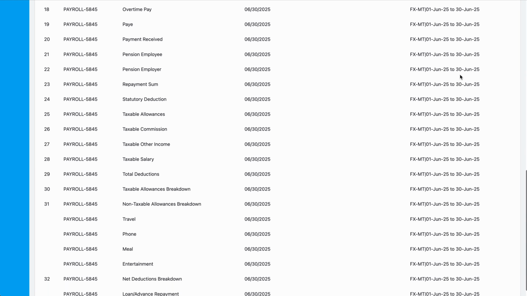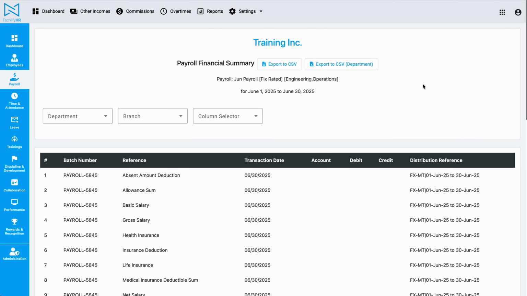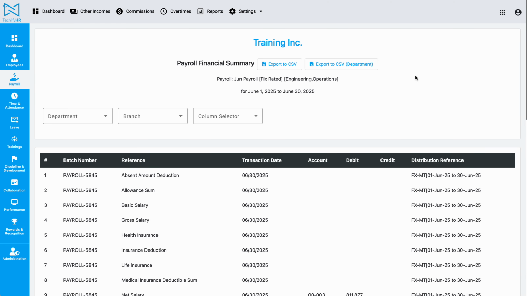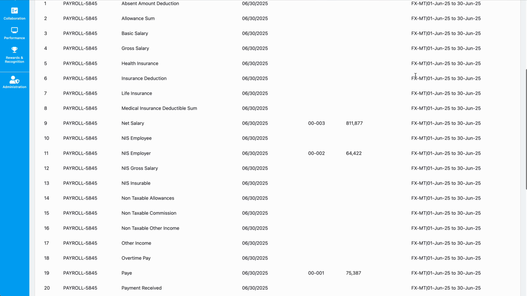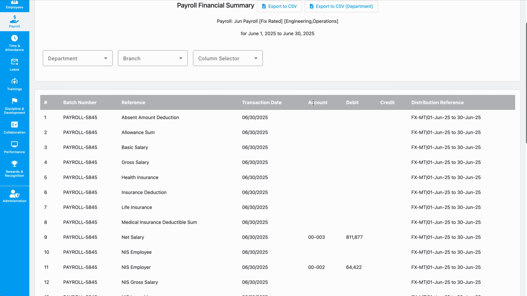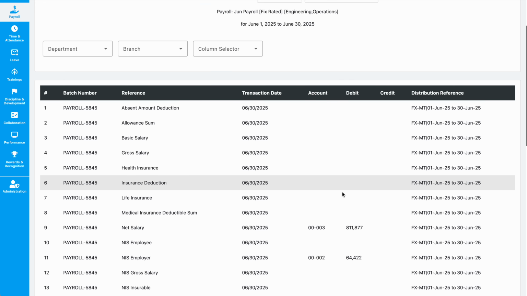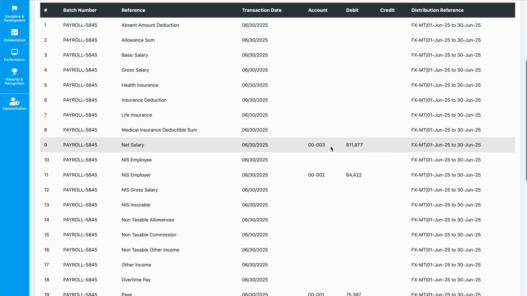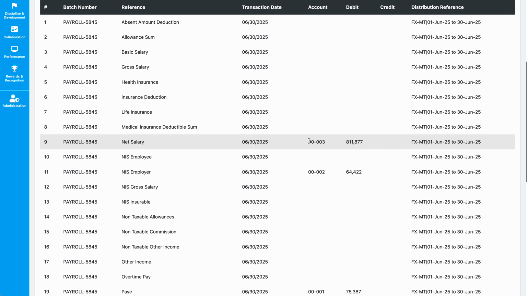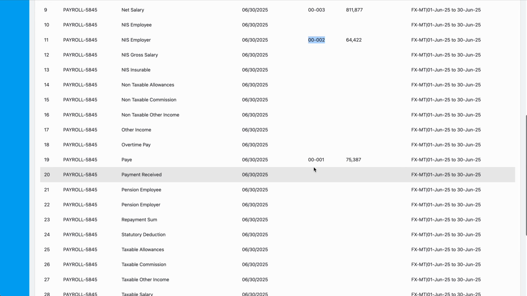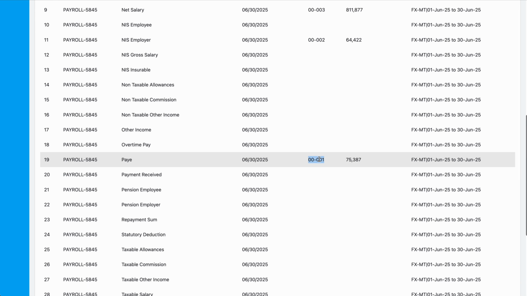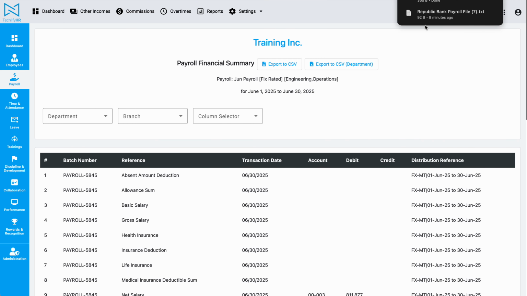So you'll notice a couple of cool things that happen once we go to the finance journal. Firstly, finance journals does have some processing happening in the back end, so it might take a minute or two for the values to show up here. But there you go. I just refreshed, and now you'll see that the account and the debit amount, because we'd configured them for debit or credit, now shows up. So here you see the account number for net salary, you see the account number for NIS employer, and the account number for PAYE. And if I export this to CSV, and let's go ahead and open that now,